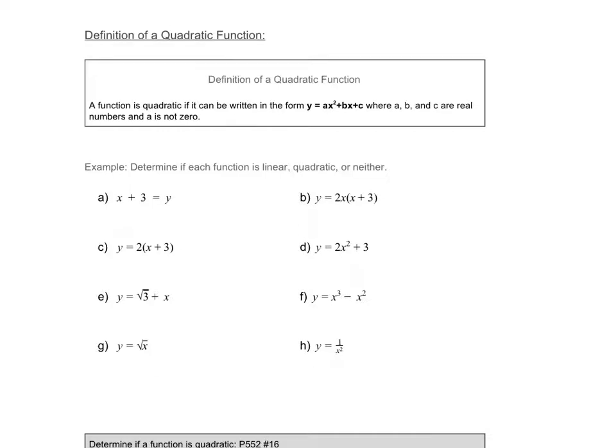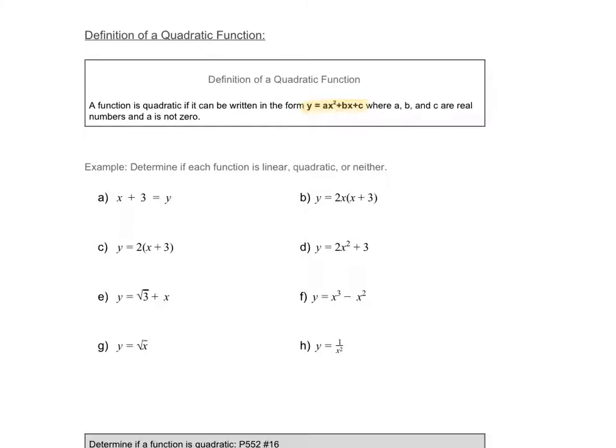So I referred to a quadratic function at the beginning of this because these parabolas that we've been talking about, these are the graphs that you get when you graph a quadratic function. But before we go on with this, it's important for us to have a more careful definition of a quadratic function. A function is quadratic if it can be written in the form y equals ax squared plus bx plus